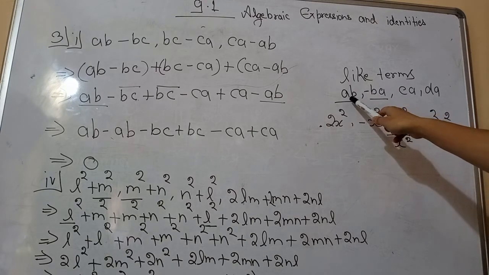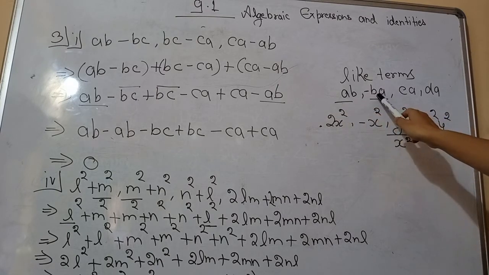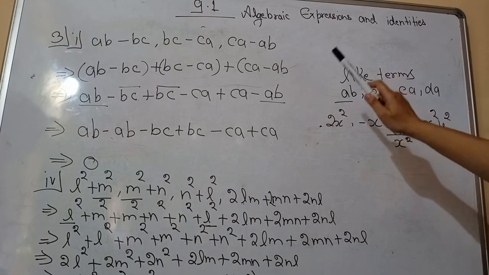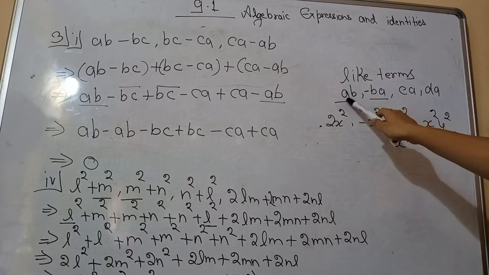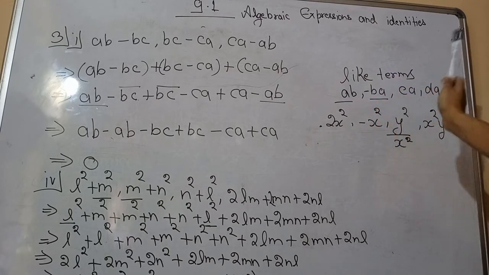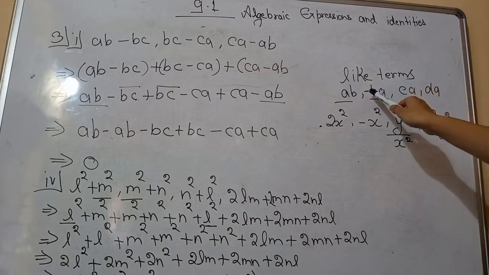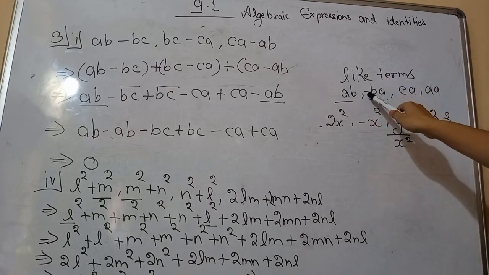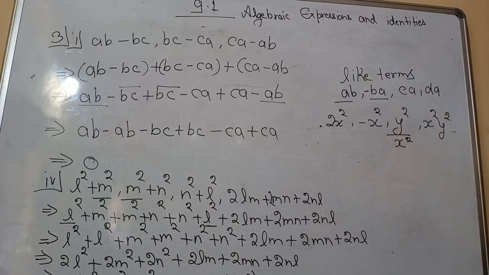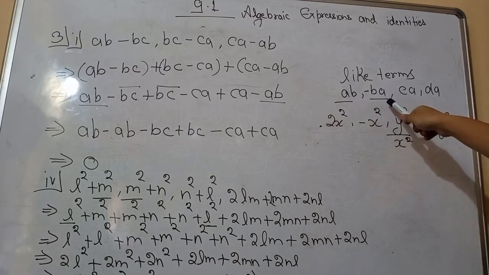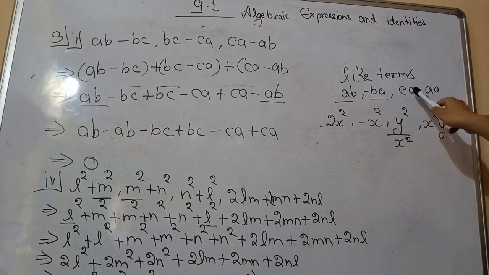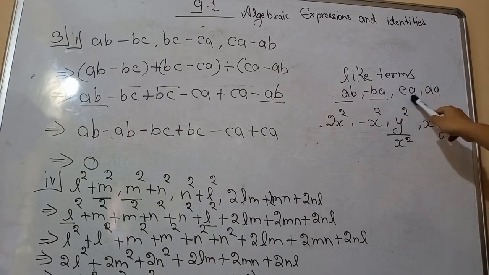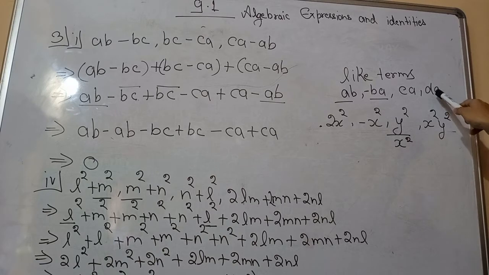So in the first term we have variable A and variable B. In the second term also we have variable A and variable B. The sequence is changed here. Here AB, here B and A. So no need to worry about that. Just eliminate the sign and eliminate the sequence also. Means you have to check only whether the variables are the same or not. So in the first and second terms the variables are the same. Here also the A variable is given, but here is the C variable. So C is not similar to B. So this is not a like term. Here also the A variable is given, but the D variable is different. So A and D are also not the same.